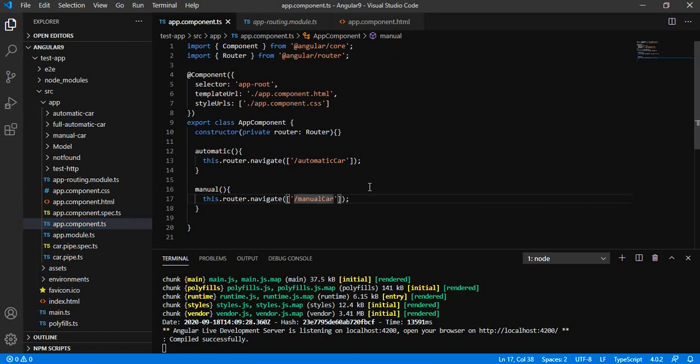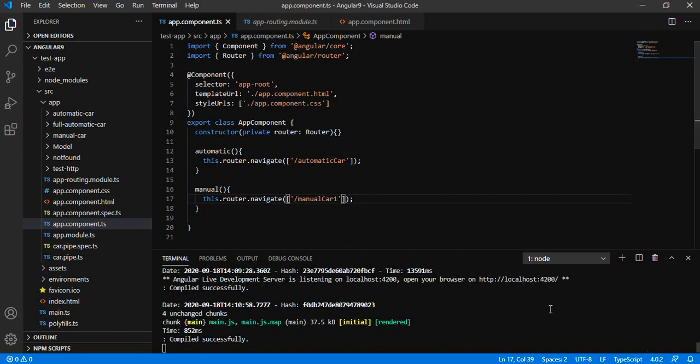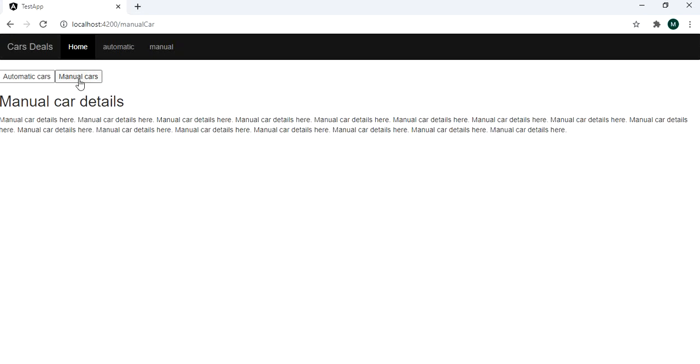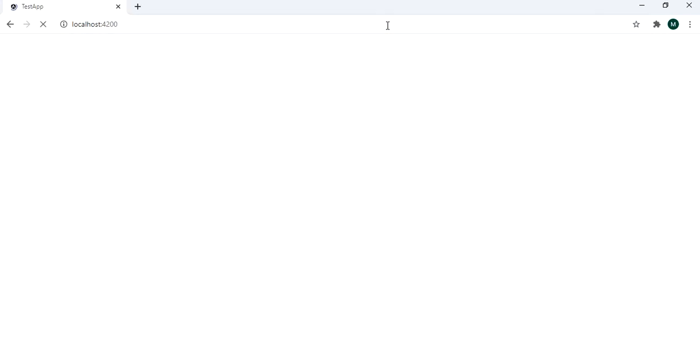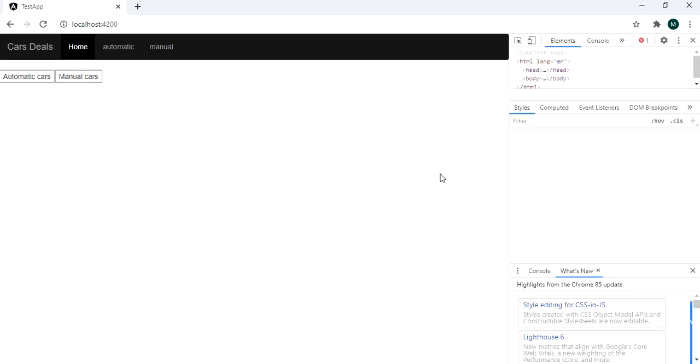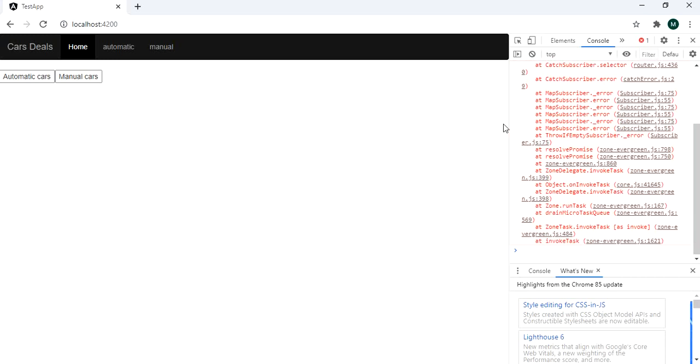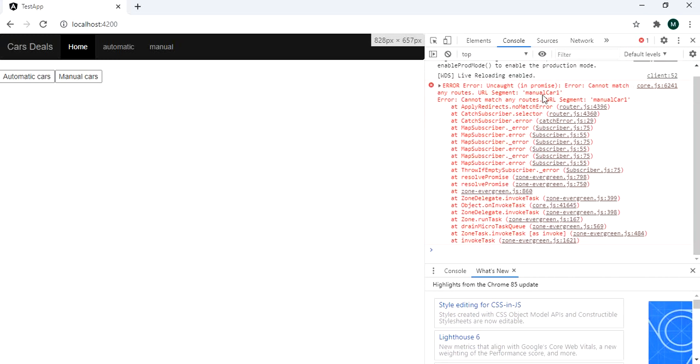Let us suppose we are trying to navigate to manual car 1, which is not available. So it is throwing the error.